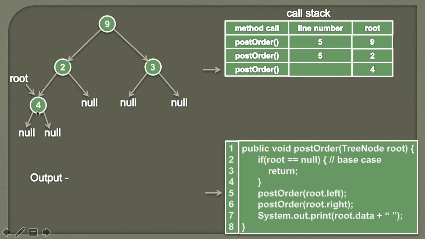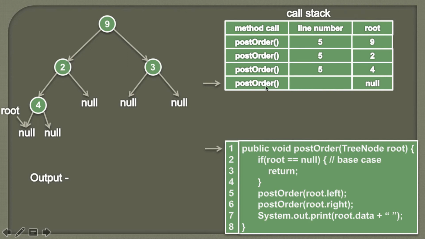So here root is pointing to node 4 and its left is pointing to null. Therefore now we are calling this post order method with a null value, and since we are leaving this method from line number 5, we will update the line number here as 5. So the point of execution will reach this post order method with a root as null. Now root will point to null, and there will be one more method on the call stack by the name post order whose root will be null.